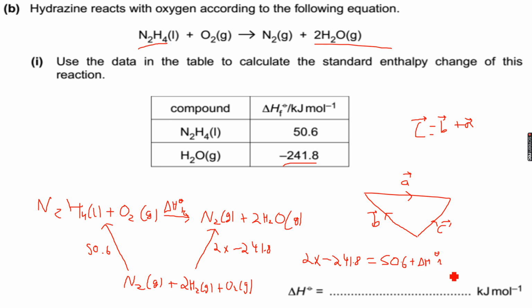So we make delta H naught R the subject. Let's make it over here. Delta H naught R is equal to 2 into minus 241.8 minus 50.6. So when I do this on my calculator, I get